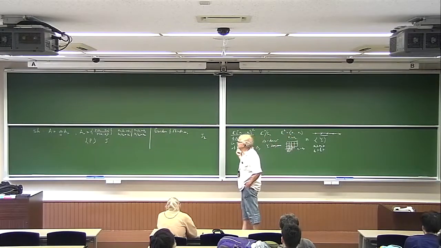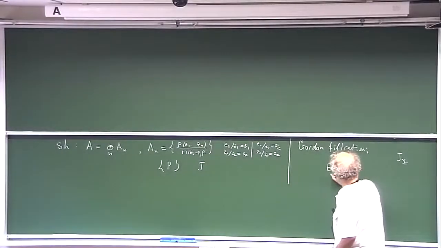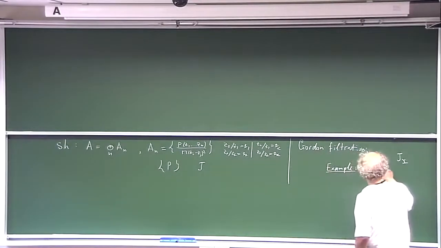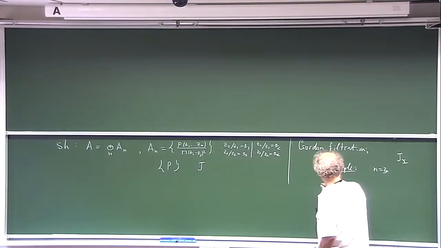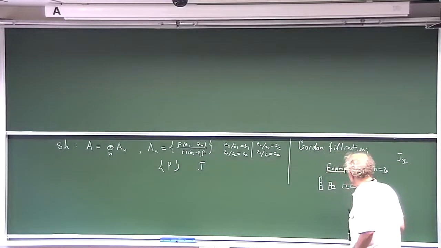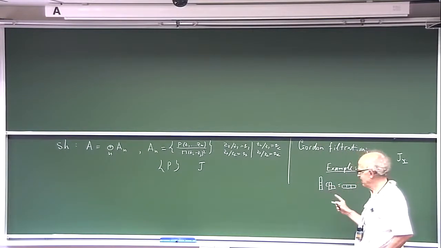So, it means what? Maybe it will be clear. If n equals 2, maybe it is not interesting. The first interesting case is n equals 3. So we consider, in this case, what? We have 3 Young diagrams like this, then like this, and then like this. And then I order them, according to what I said, in this way. Yes, and now